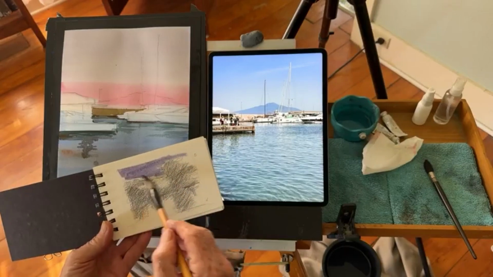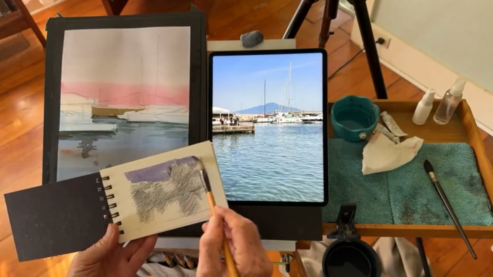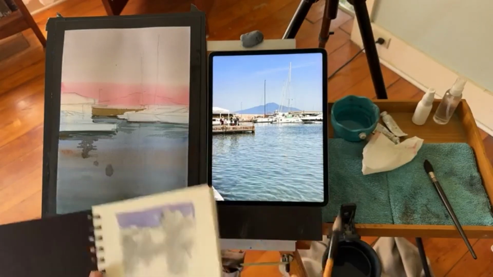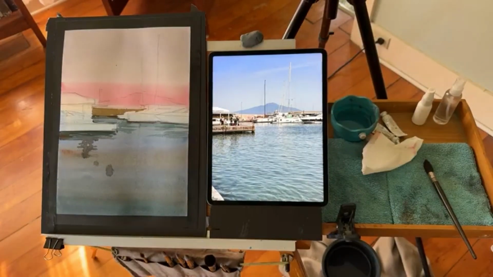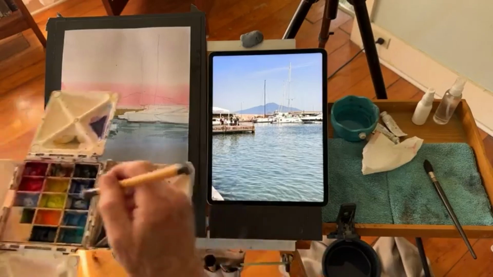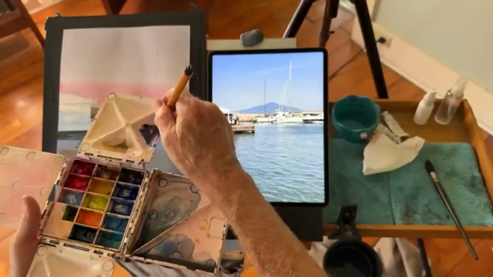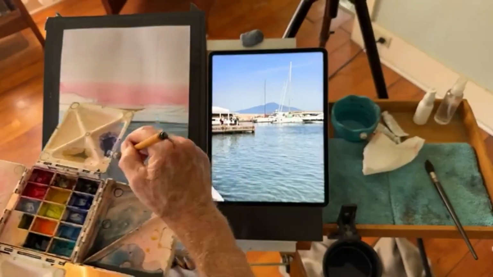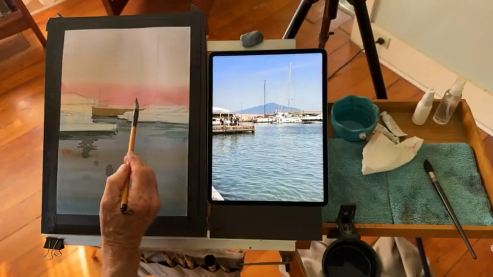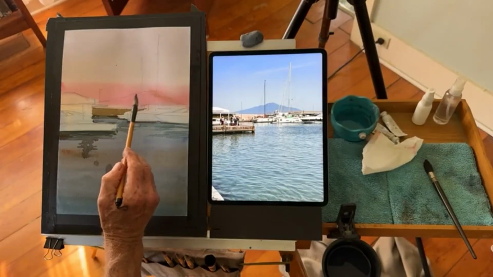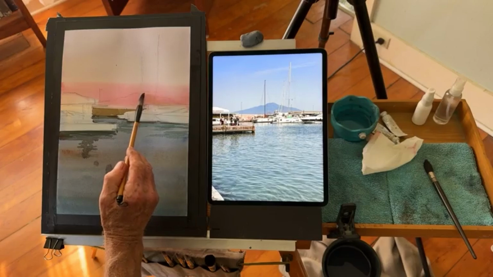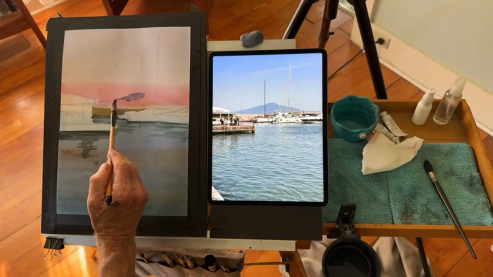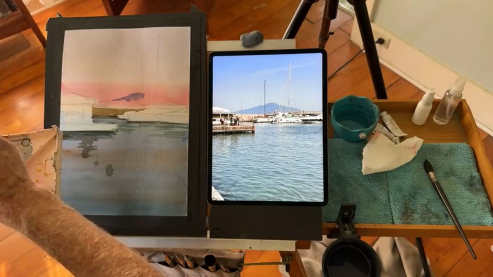Yeah, it's going to make a kind of a violet color. I want something bluish violet, maybe a little bit more aqua. And I'm going to do Vesuvius. Let's put a little more